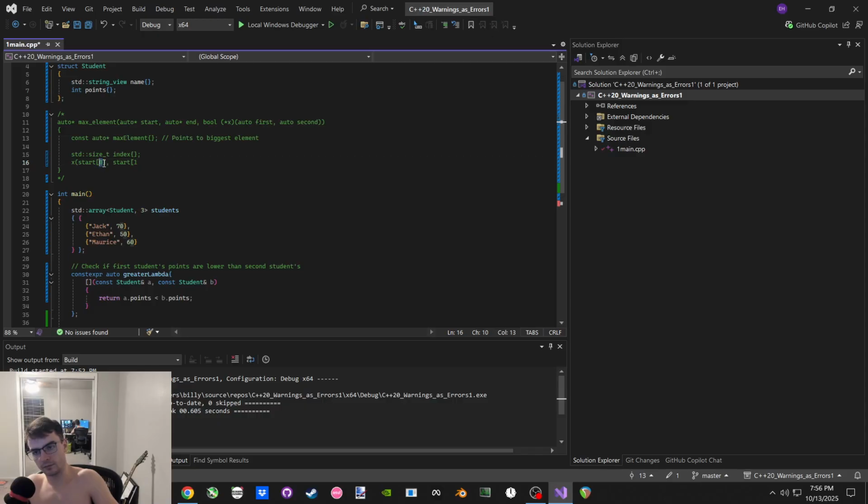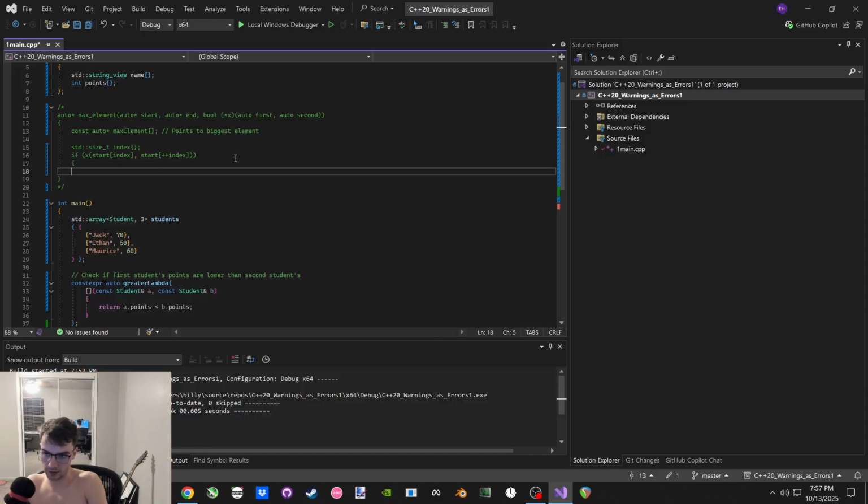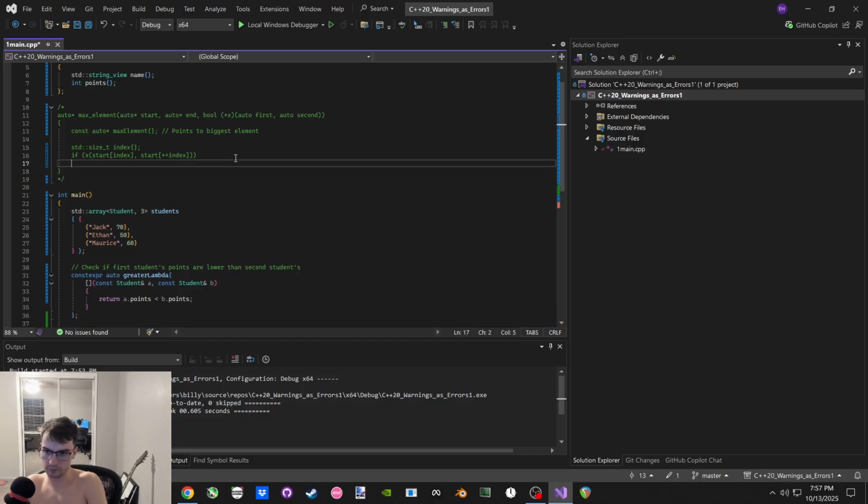So it starts at 0, and we'd say index, and then we could increment index. Well, I guess we should probably, right? I think that makes sense. Maybe. Actually, I'm not sure if it has to. I think this is okay. This is tricky syntax, but I think that would work. So we call it to see which is bigger, and we say if this whole thing is true, then max element